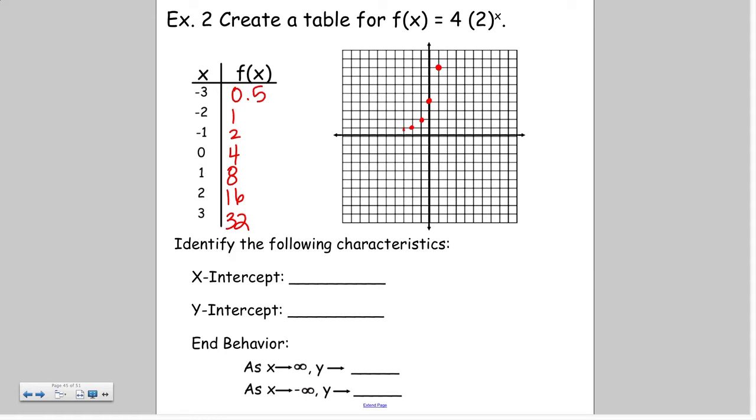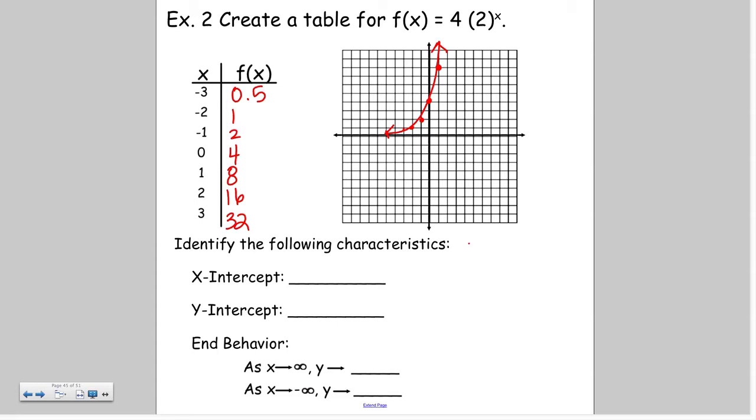And I'm just going to plot what I can. So if on my t-chart I'd gone above -3, like -4, -5, -6, and so on, those decimals are just going to keep getting smaller and smaller. It's never going to actually give me 0,